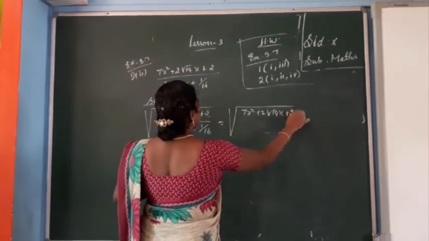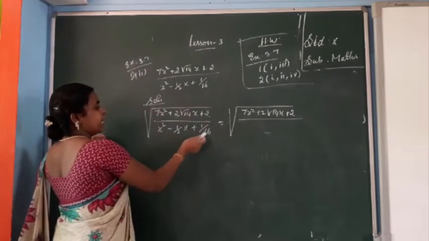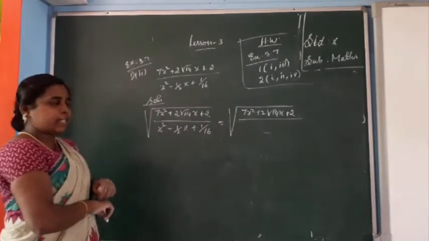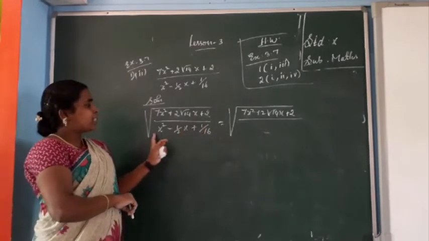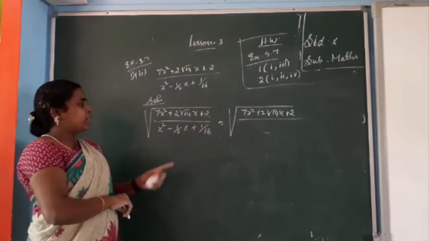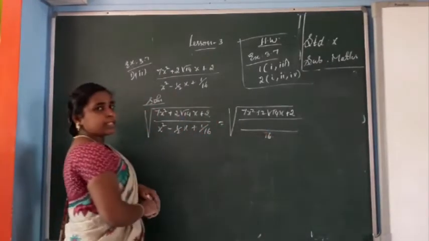We want to factorize with the least work we can. Now here you see the LCM of 2 and 16 is 16 only. So if the maximum is 16, the LCM is 16. So multiply all the terms by 16. Otherwise you have to write 16 by, like this also you can write 16.